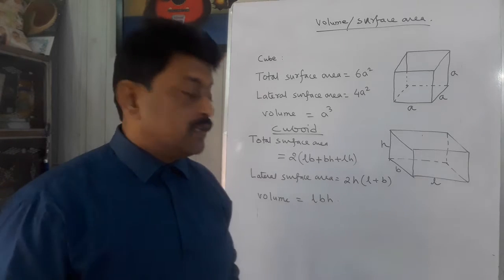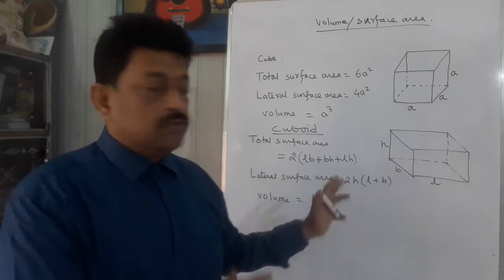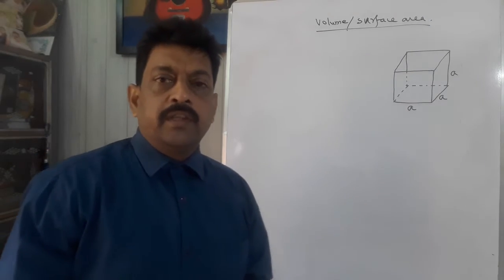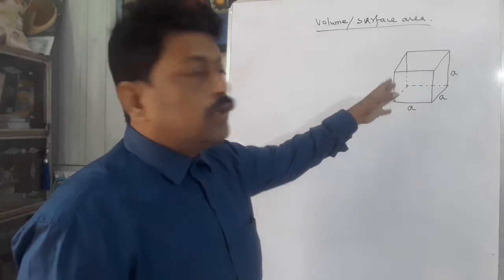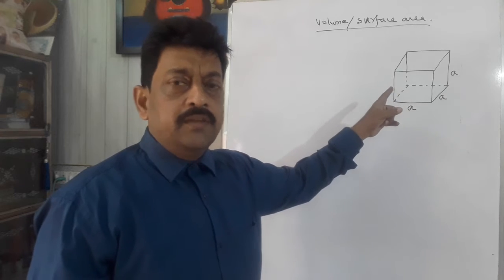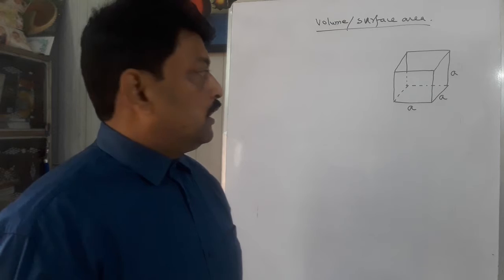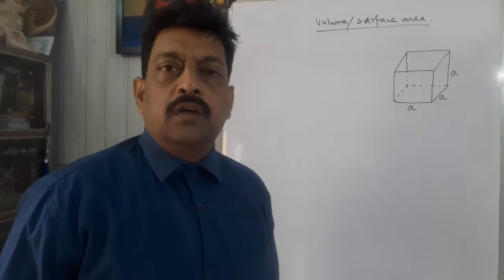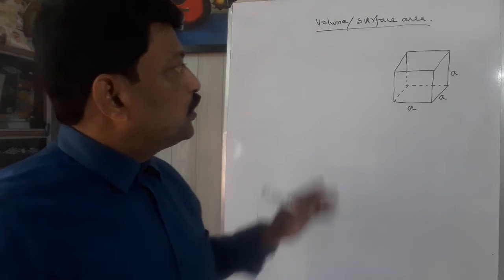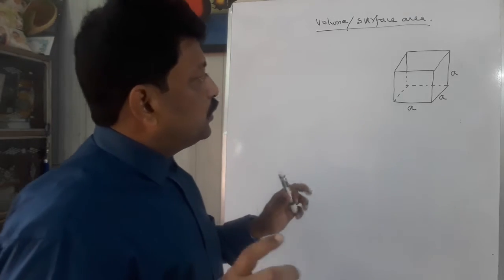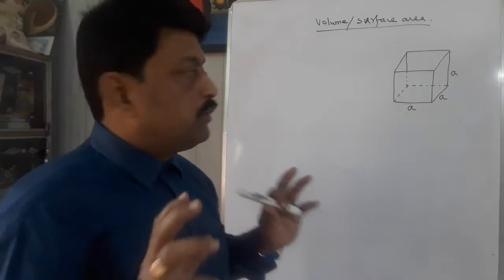Now let us do one sum. Let me give you one example. The things will become more clear. It is given that two cubes, each of volume 64 centimeter cube, are joined end to end. We have to find the total surface area of the cuboid so formed. Two cubes are joined end to end. So first of all, let me join the two cubes to show you how it looks like.